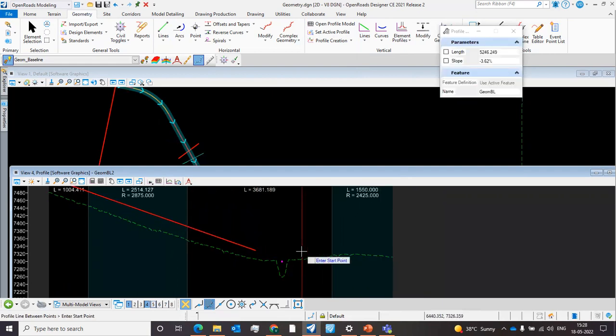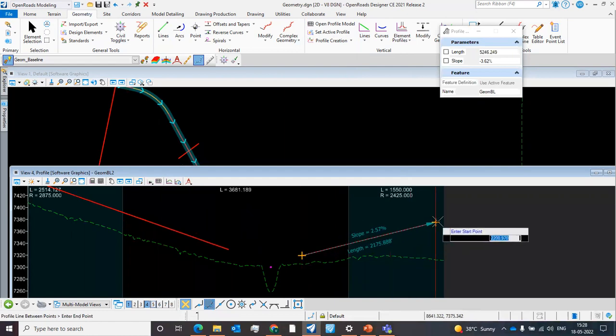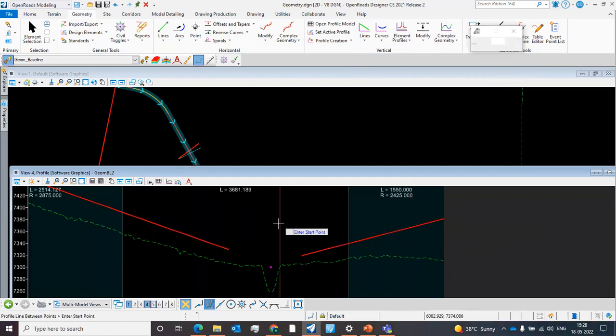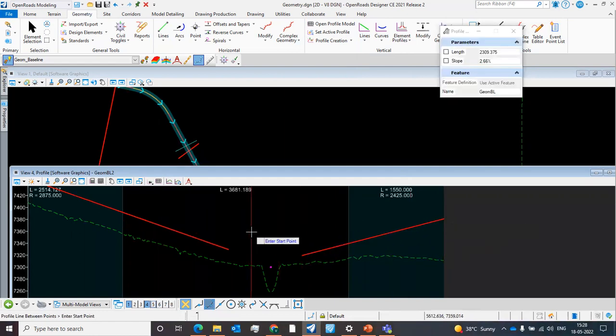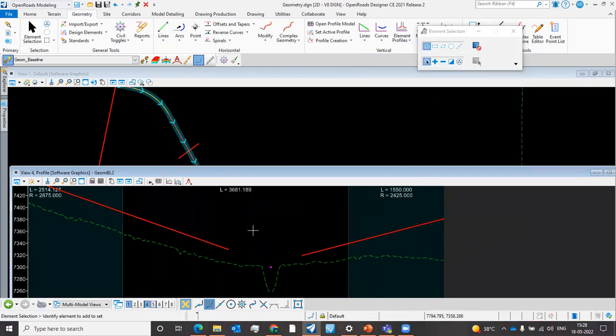Just to show you how civil Accudraw is useful in creating horizontal alignment and in creating vertical alignment. So again, we are in this profile view. We'll toggle on the civil Accudraw. Now, what we could use,